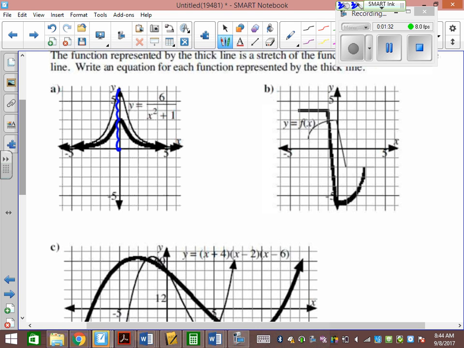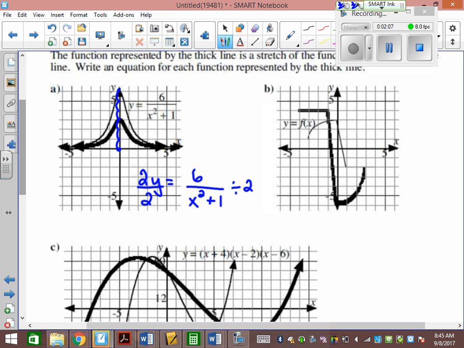So where could we put that? You could put it with the y, right? If we put it with the y, what do we put though? 2. So we could go 2y equals 6 over x squared plus 1. Then we could divide by 2. If you like writing it like that, you could. Dividing by 2 is like multiplying by